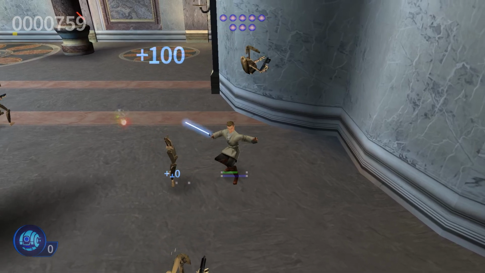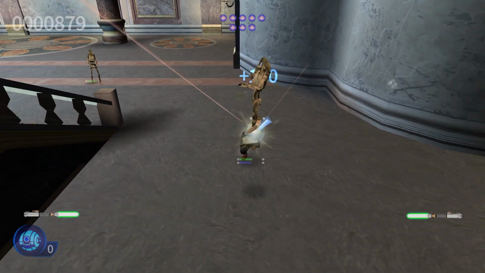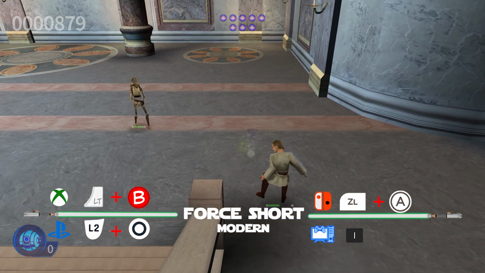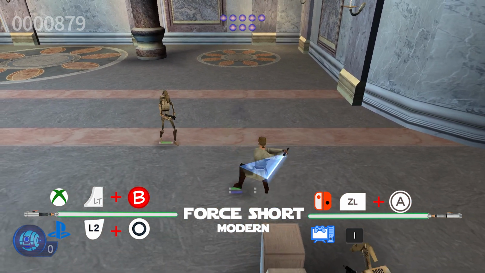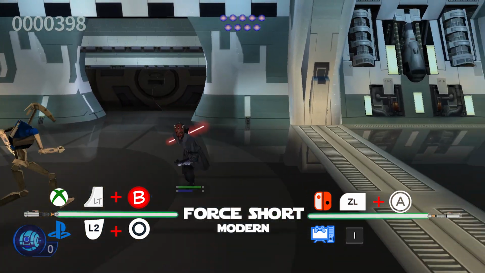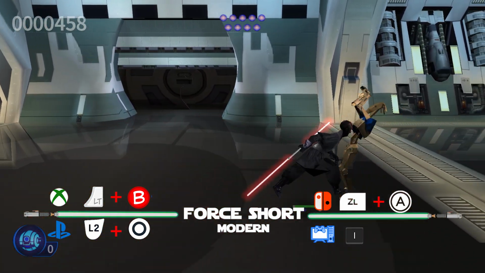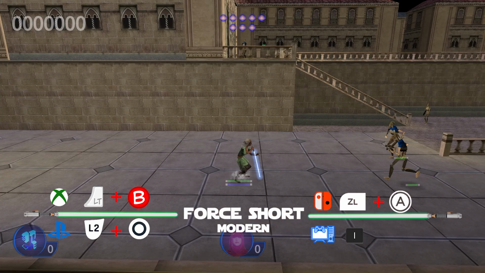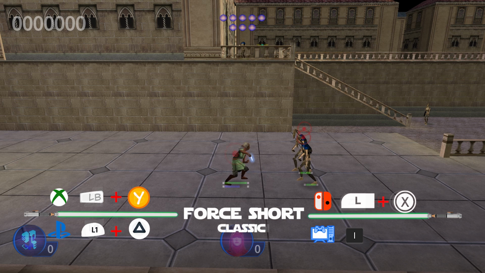But that's defending using the Force, but you can also attack using the Force over a short range. This being left trigger and B on the Xbox, L2 and circle for PlayStation players, ZL and A for users on the Nintendo Switch, and PC players will be pressing I on the keyboard. The classic alternative is LB and Y for the Xbox, L1 and triangle for the PlayStation, and for the Switch